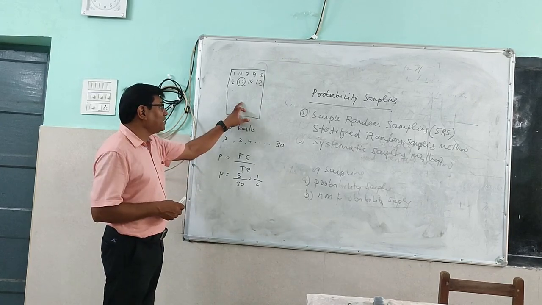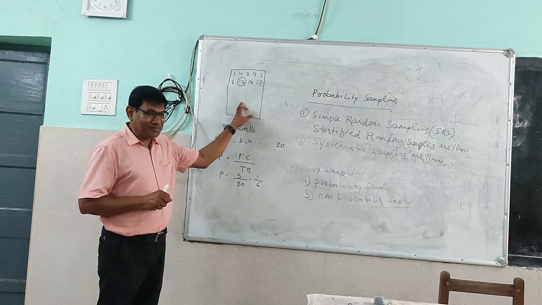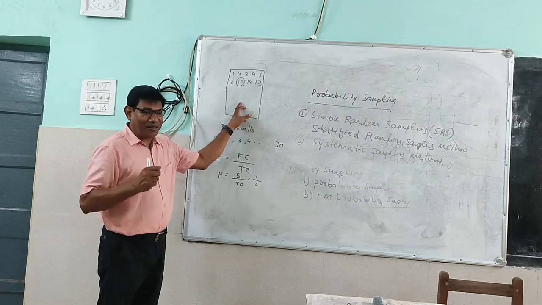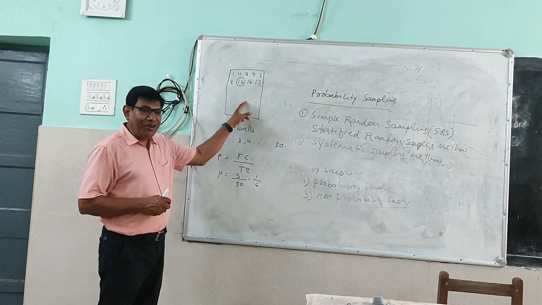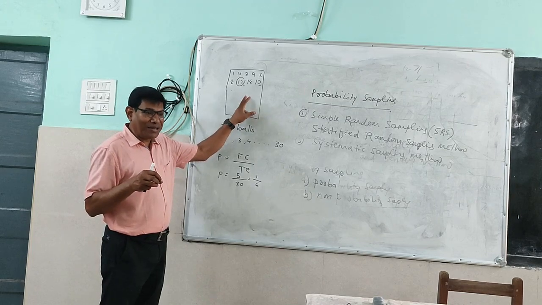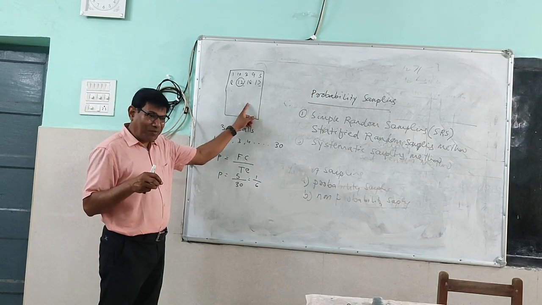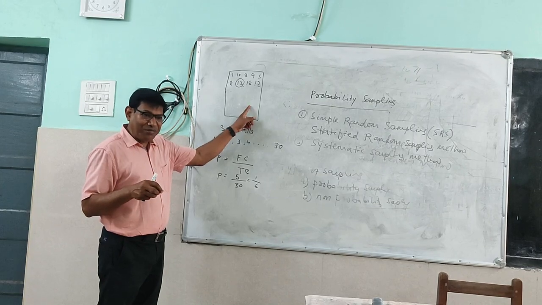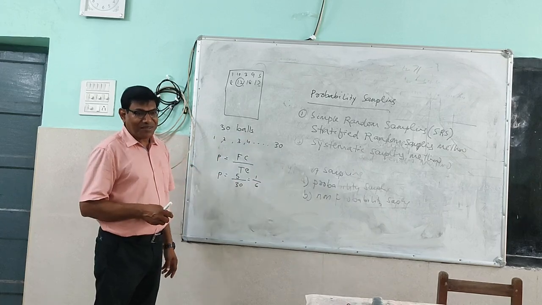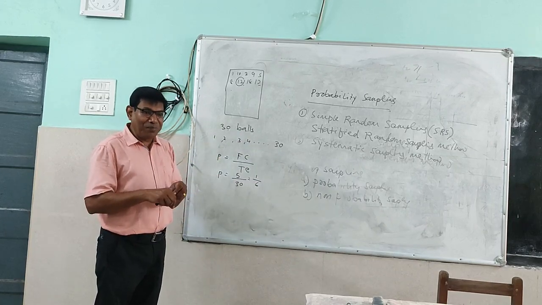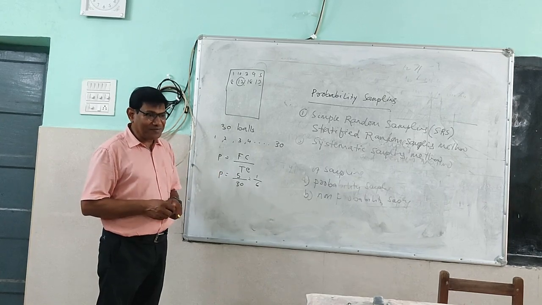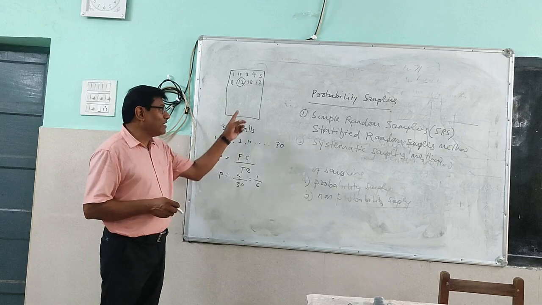The advantage of this method is that it will save your time. Preparing lotteries, putting them in a bag, and drawing them takes a lot of time. But this is already printed on a piece of paper. You have to just select the numbers. So what is the advantage of this method? This is a more scientific method. It is less time consuming, and it is the easiest method when the sample number is large. Suppose the sample is 10, you can prepare 10 chits and put them in a bag. But if the sample is 5,000, it will be difficult, so you can use this method.